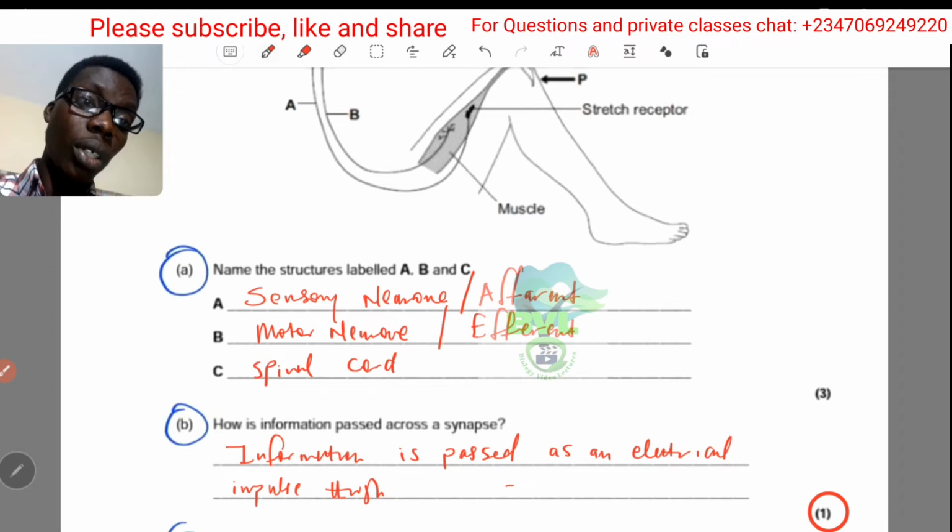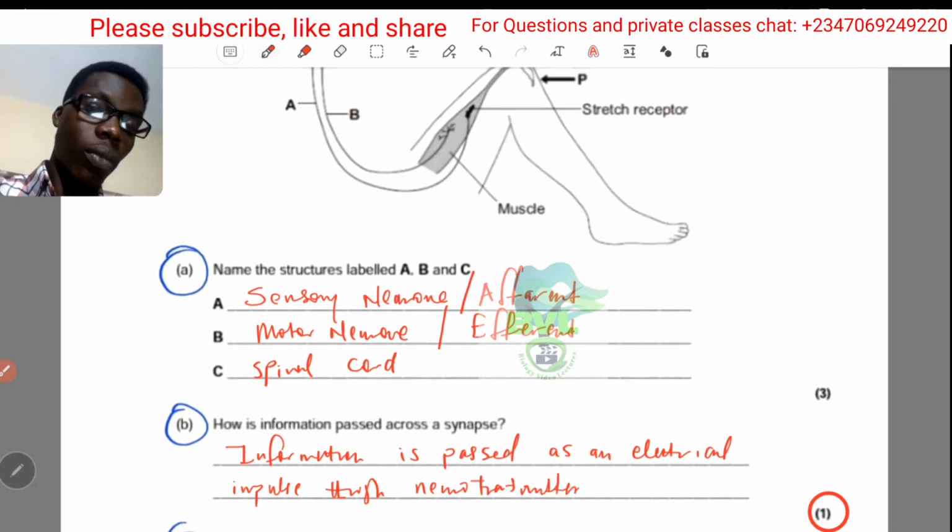This is the keyword. Through the neurotransmitter